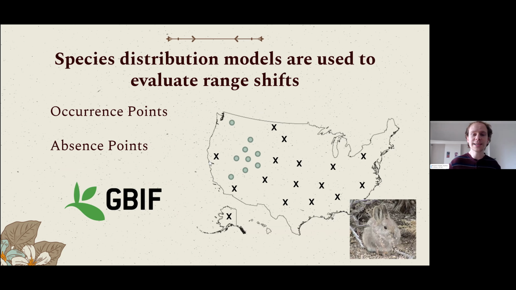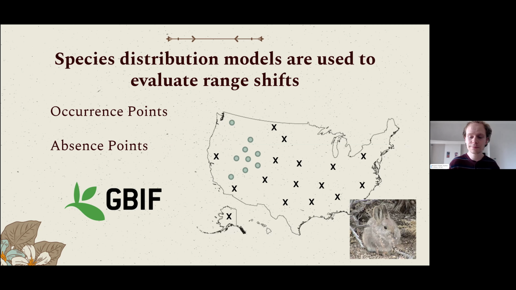So in general, species distribution models compare occurrence points and absence points across the landscape. So you need occurrence points where you observe an animal, or a plant, or in the case of paleontology, maybe a fossil record. And then you also have absence points where the species is not found. Although true absence points are not very easy to get because it's hard to know where a species is not. A lot of models nowadays don't necessarily require real absences, but instead pseudo absences, simply sampling the available climates in